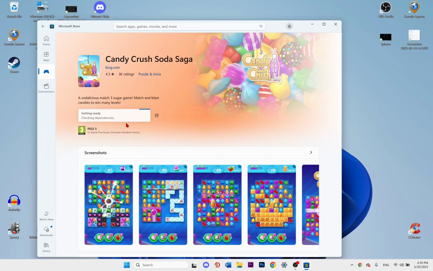I have no idea what the download speed is, but after this you can play the game, and this is exactly how you can download games in the